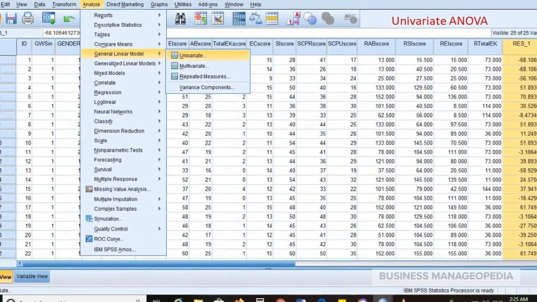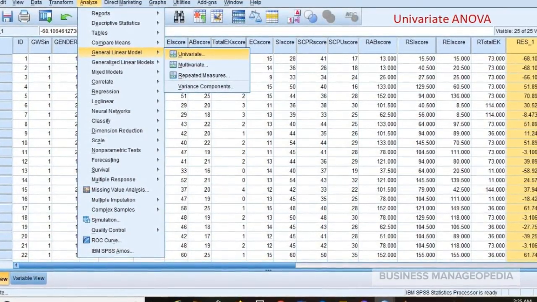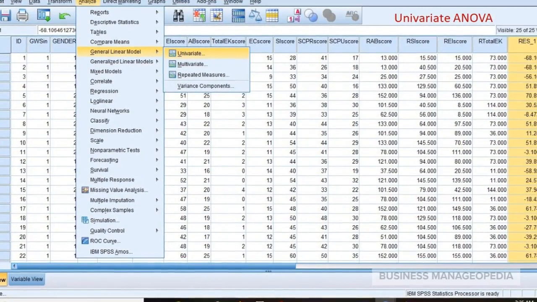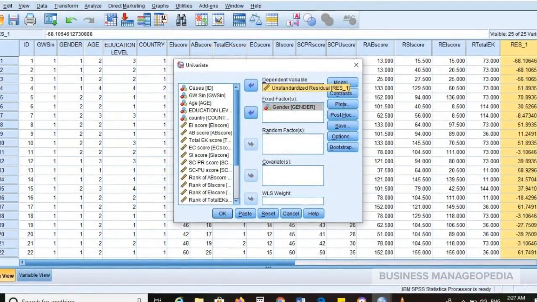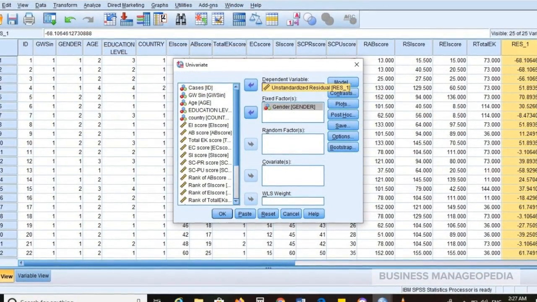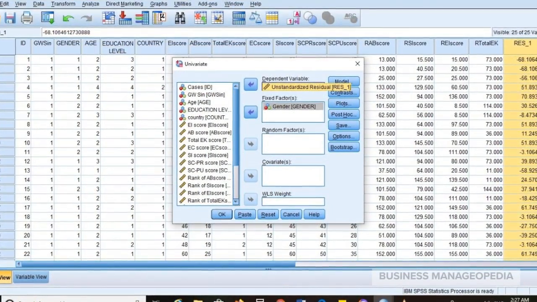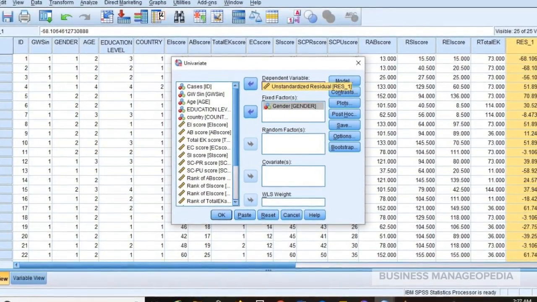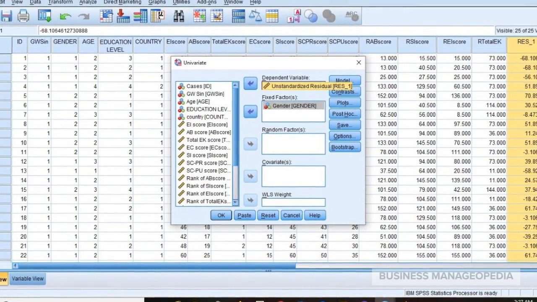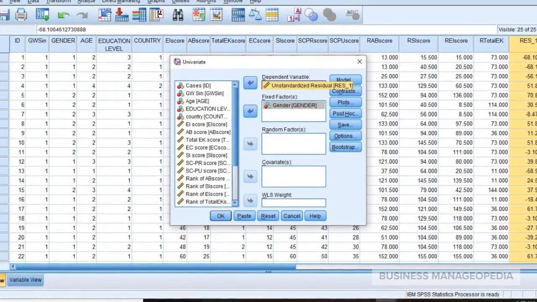In step 3, in SPSS, we will go to Analyze, General Linear Model, and then select Univariate. In the univariate ANOVA, under dependent variable, we will put the unstandardized residual, which is shown by RES_1, and in the fixed factors, we will select our independent variable. In this case, I have selected gender.